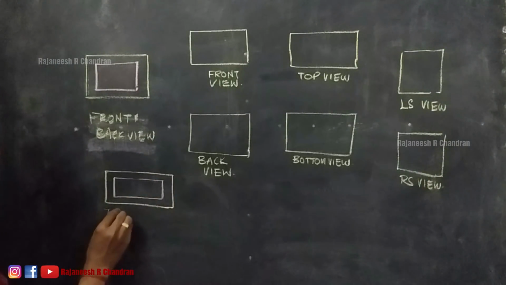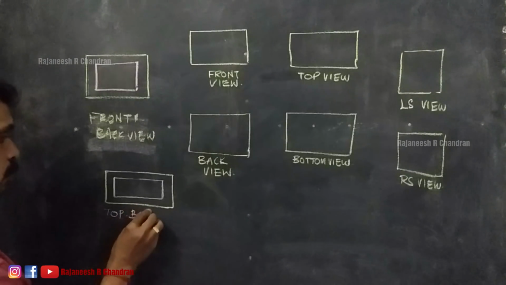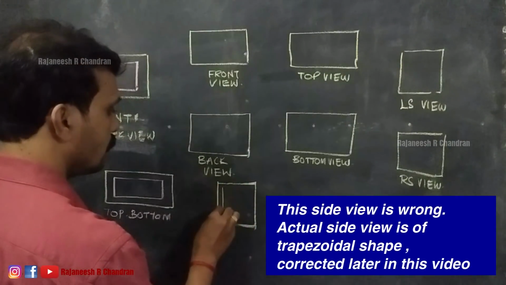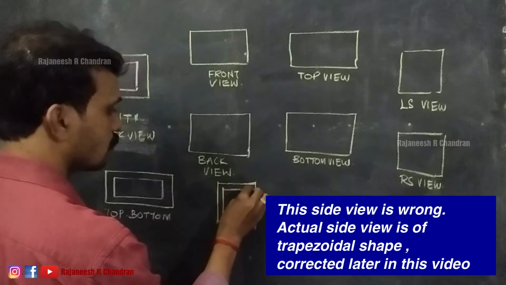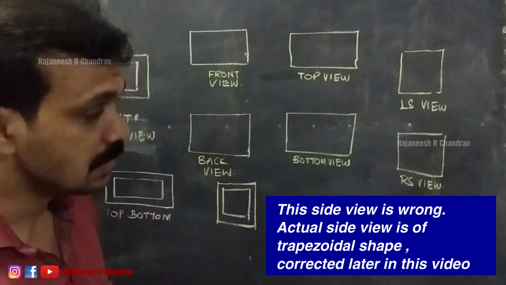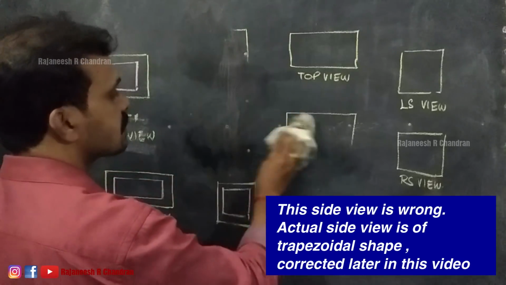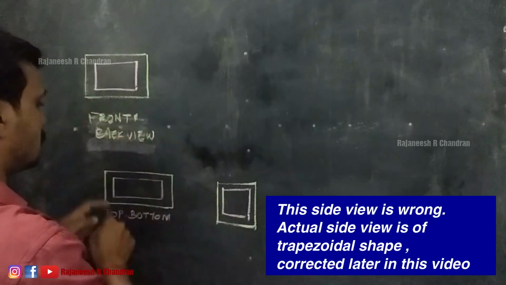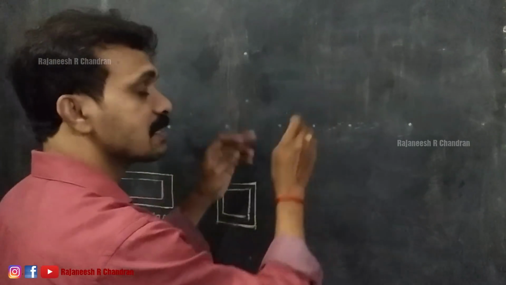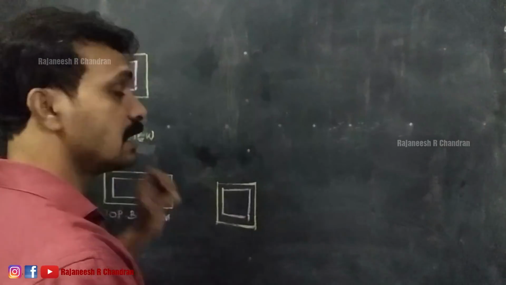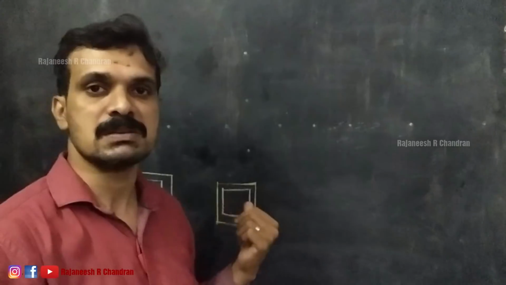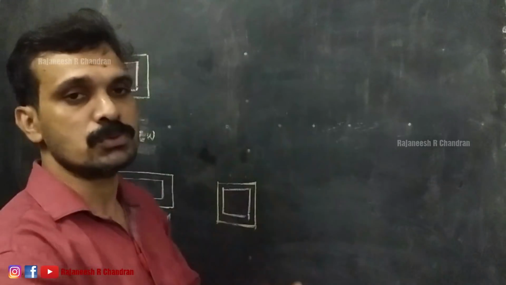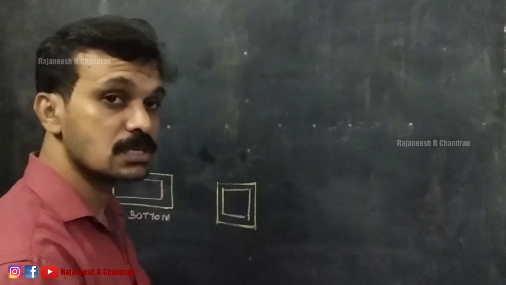So, this is top and bottom view together, and also left and right side, so that these six images are now reduced to 3 images, right? Initially there were 6 images, but we combined front and back, top and bottom, as well as both the side views together, so that these 6 views are now reduced to 3 views, so that we